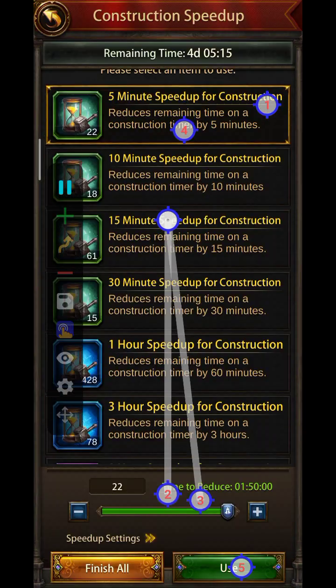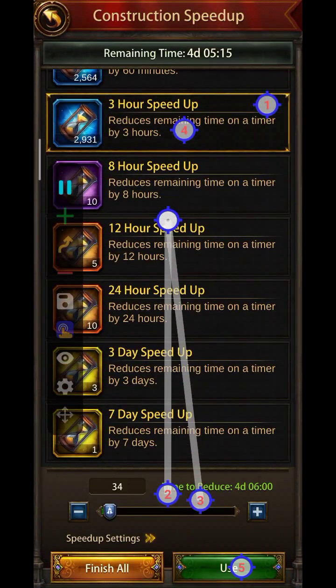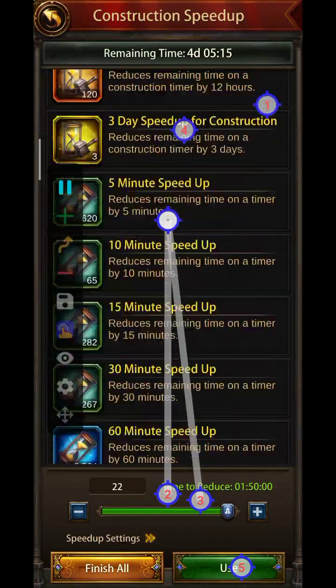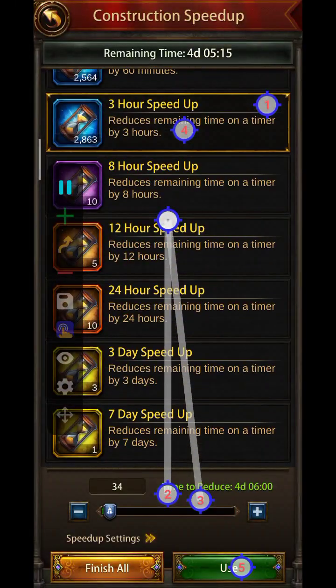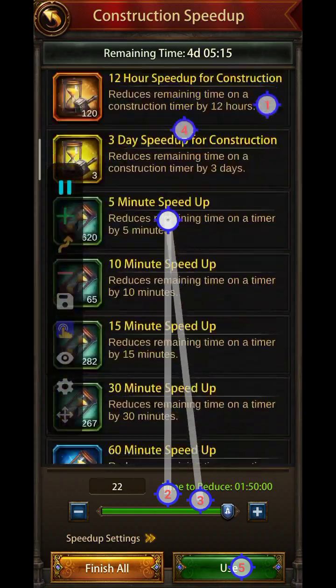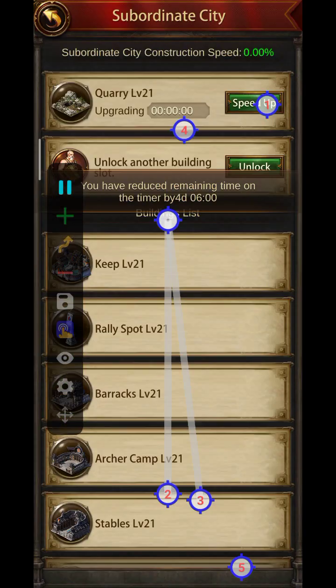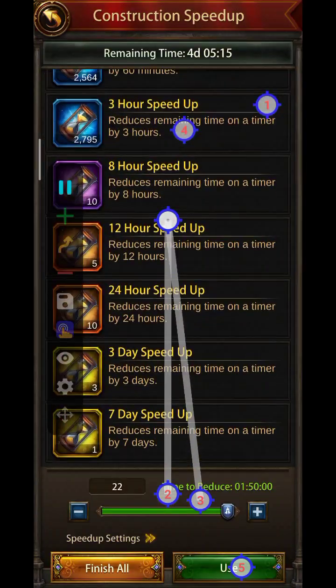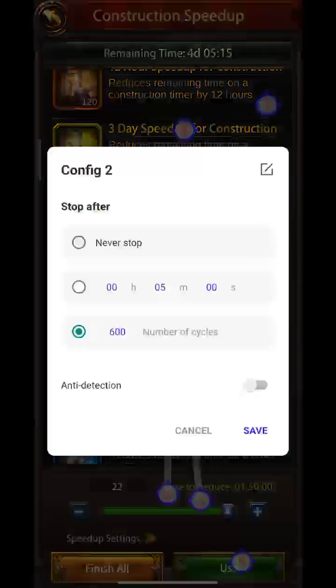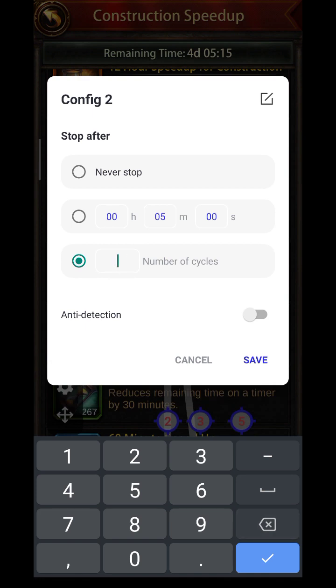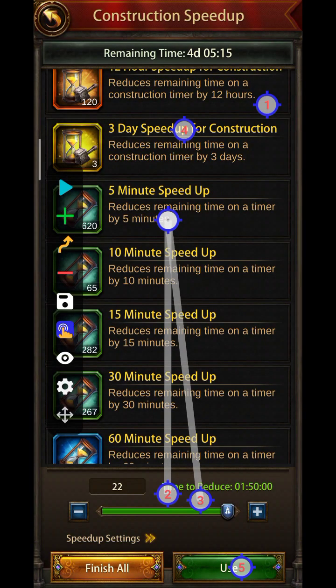I think it was the loop I put in for another use of this. So I can make it run 100 times and come and check on it after 100 times and see where it's got to. And then I can try to change it again, make it 50 times. So for this, I think 600 is too much. So I'm going to make it 100 cycles, save, and then